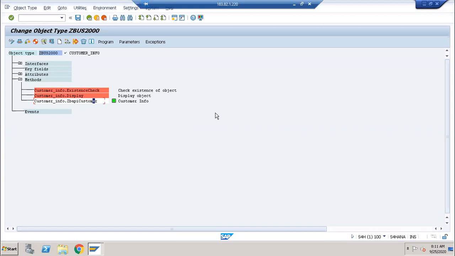Some types are there: user exit, customer exit, implicit enhancements, and BAdIs are there. Depending on the situation, we have to take different ways. But I will show you how we can implement the code and how we can identify the spots. Spot means, something standard program is there, we have to write some enhancement on that, but where we have to write the code, that is the important thing here.